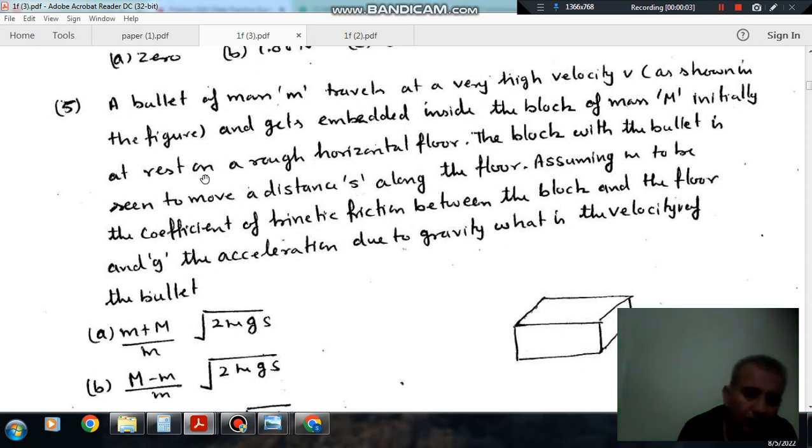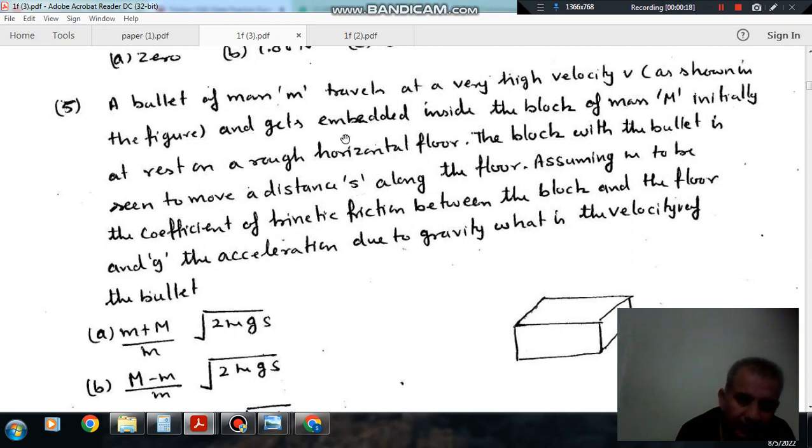Hello, welcome again. We are solving some questions of applied mechanics. The topic is friction. Question number 5: a bullet of mass m travels at a very high velocity v as shown in